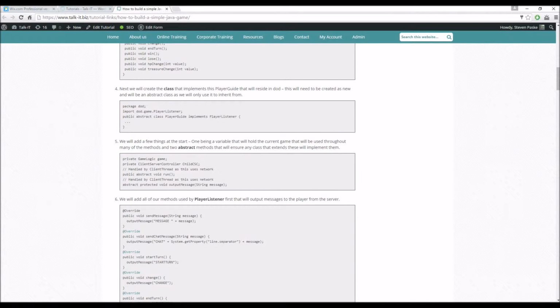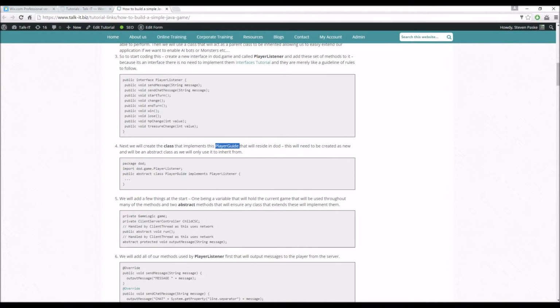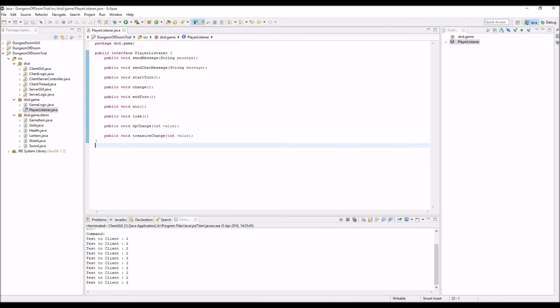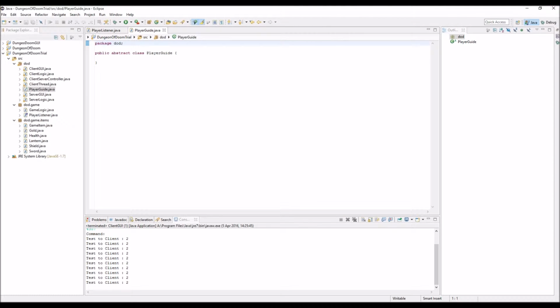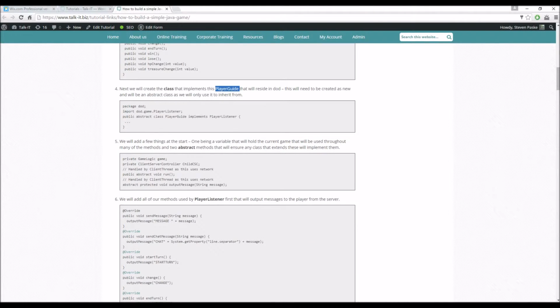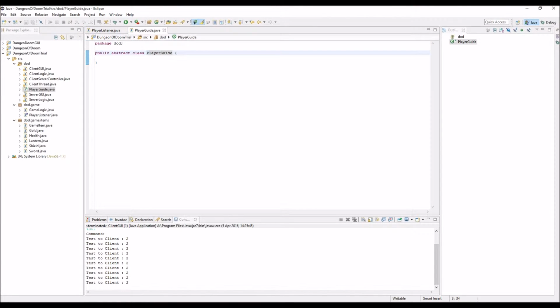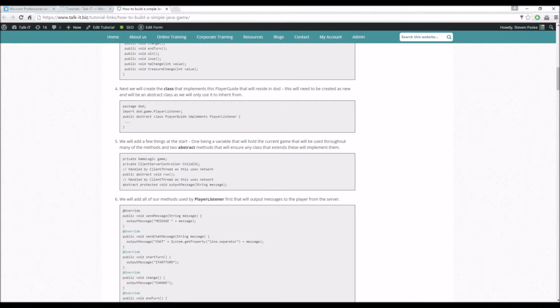So then we're going to create a class that implements this. We're going to call that player guide. That's going to sit inside of DOD, and it's going to be an abstract class. So DOD new class abstract player guide. Finish. And that's going to implement player listener like so. Going to need to import that,